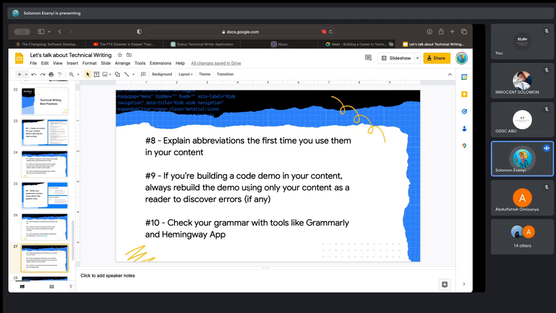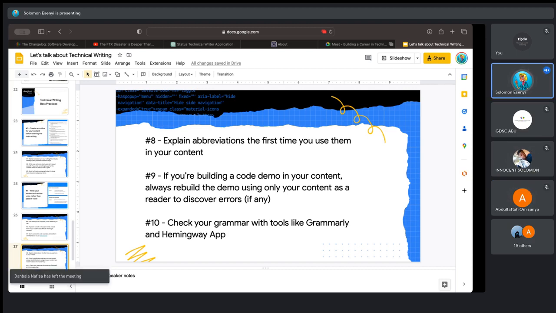Just basically follow the steps in your article and use it to create that demo application again from the beginning. The reason we do this is that if there's any step you missed in the article that you forgot to include, or something you changed in the code and then forgot to reflect in the article, rebuilding the application again would help you identify it.